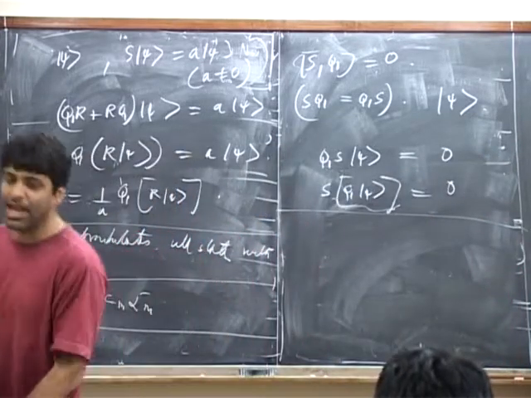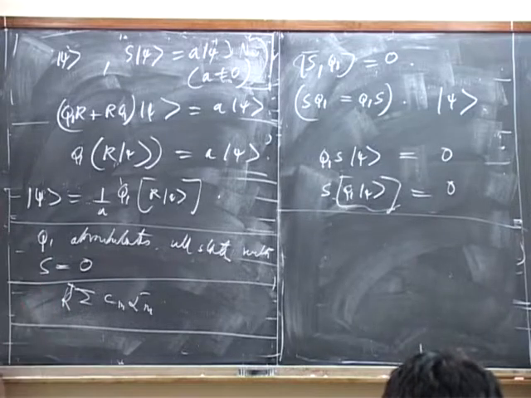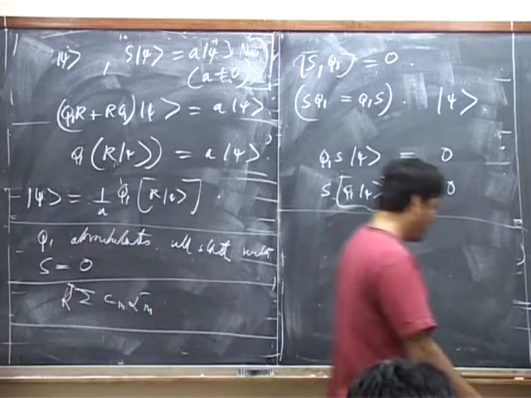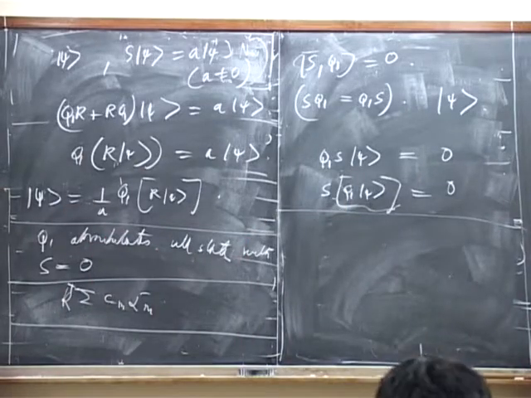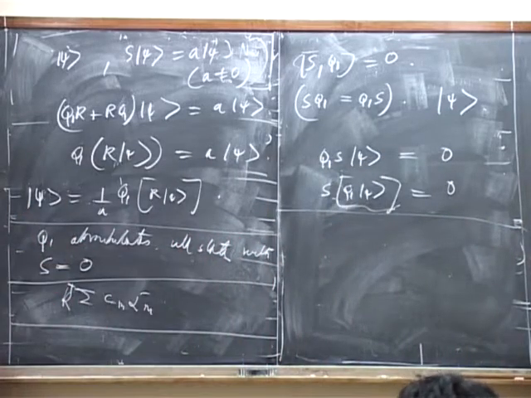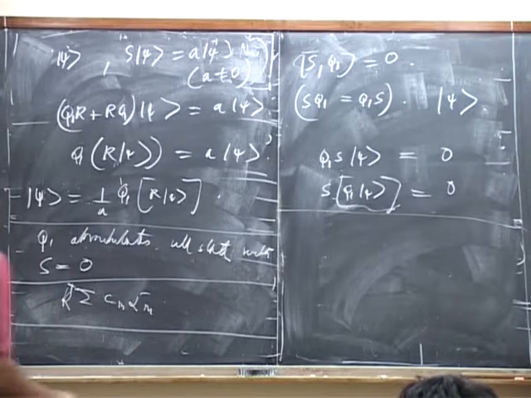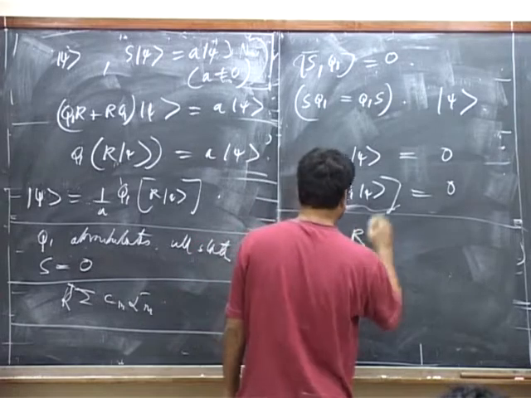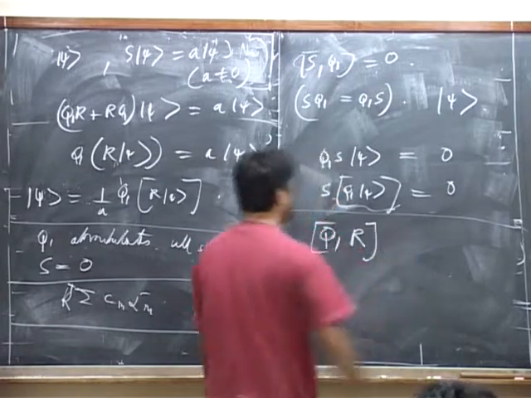Now, this was a fun game to understand Q1 cohomology, but we want to understand Q cohomology, not Q1 cohomology. How do we do that? Well, the trick is to continue to use the operator R, but to replace the operator S by what you get by the Q commutator. Let's consider the operator Q commutator.